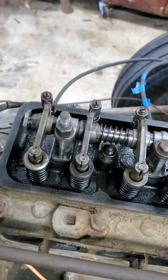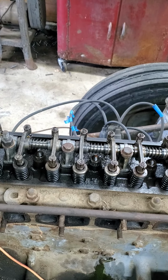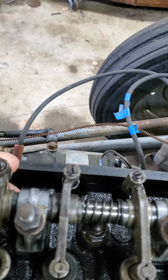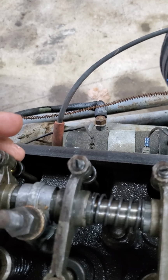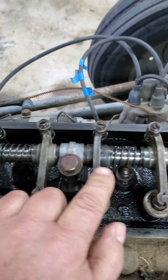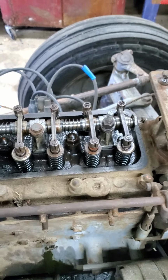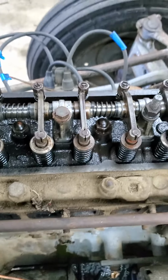Now we're going to be removing the rocker arm assembly. So this engine is an overhead valve type engine, and the rocker arms are what actually acts on the valves to make them move. So the camshaft pushes up on lifters, which push up on these push rods right here. We've started loosening the rocker arms. That's why this one is loose right now. So we'll be taking off these 4 bolts that hold the rocker arms on, and then we'll be able to access the head bolts, which are underneath it, and then we'll be lifting the